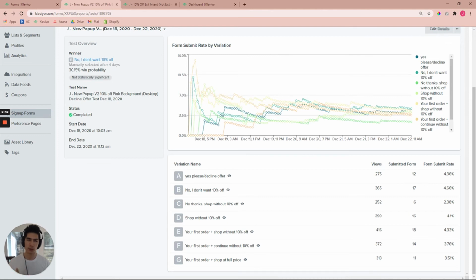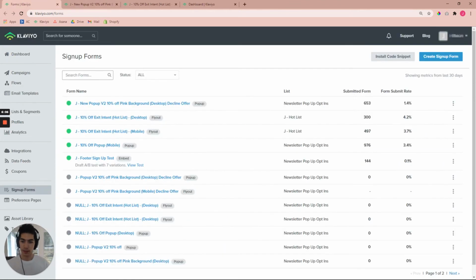I know some people will say that this is too many to test at one time, but if you have a lot of traffic going through your store and you have ample time to set up some sort of pop-up strategy to test, then go ahead and do this. See what you can do to figure out which pop-up form performs best, and then A/B test that against another whole style of pop-up. And you can find out what the winner is, basically like a tourney bracket type of thing. But anyway, going back, we have the one pop-up that starts from the very, very beginning, which is tested